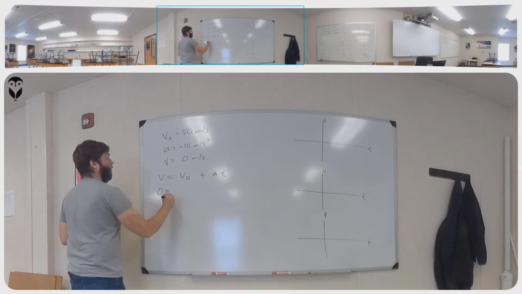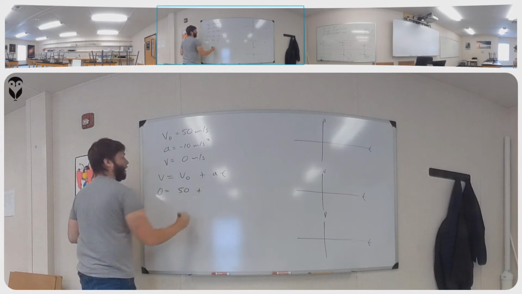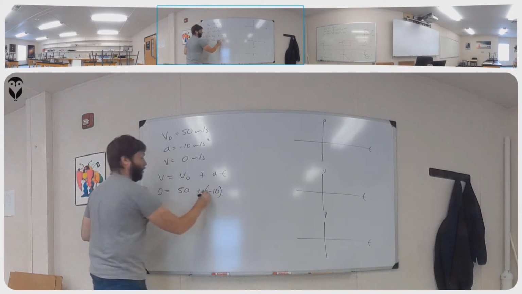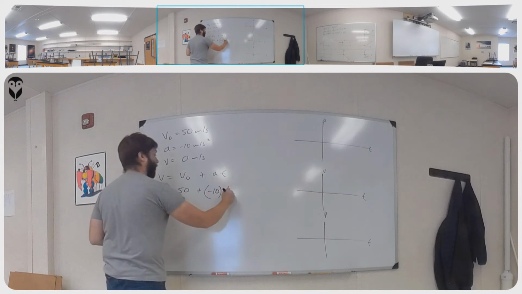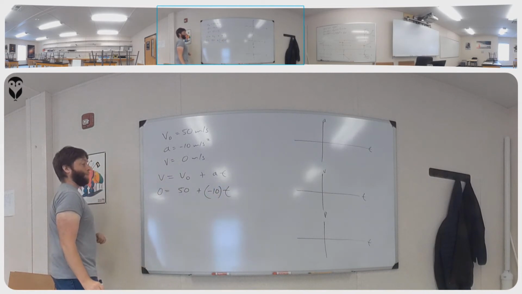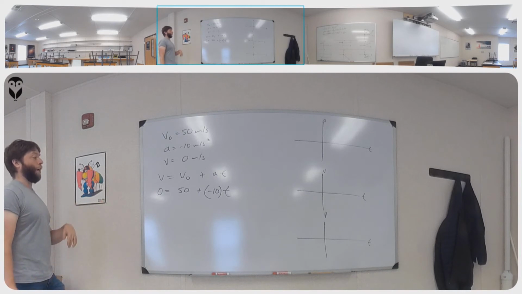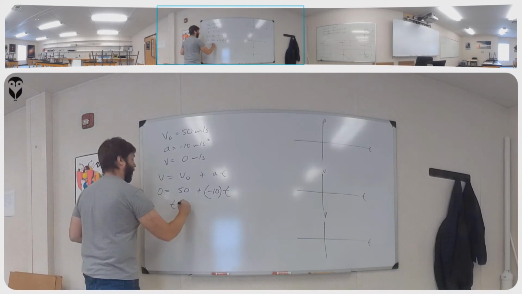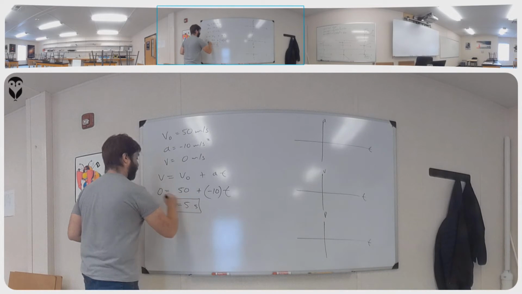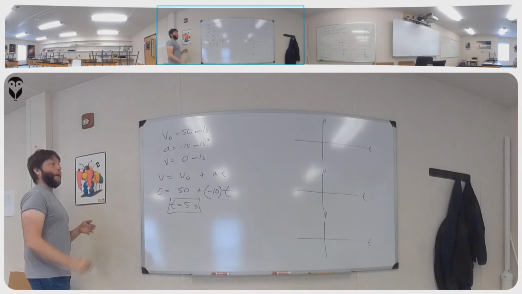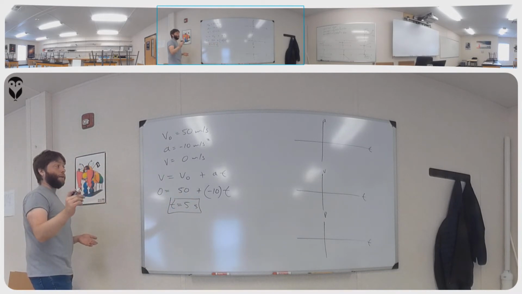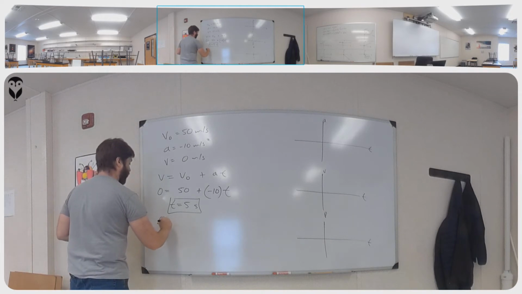Final velocity is 0, initial velocity is 50, the acceleration is negative 10, you have to include the minus sign right there, and we're trying to find the time. Move the 50 to the other side, that becomes negative 50 divided by negative 10, we get a time of 5 seconds, okay? In order to find how high the object got, I'm going to use the delta x equation,